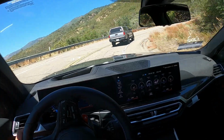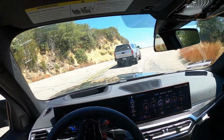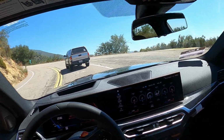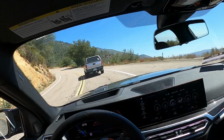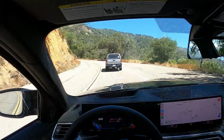So I've noticed a lot of, well, some minor changes. This is not an LCI car. Come on, dude, pull over, dude. For real? Okay, cool guy, Tacoma guy. You're giving Tacoma drivers a bad name. I used to have a Tacoma. Anyhow,